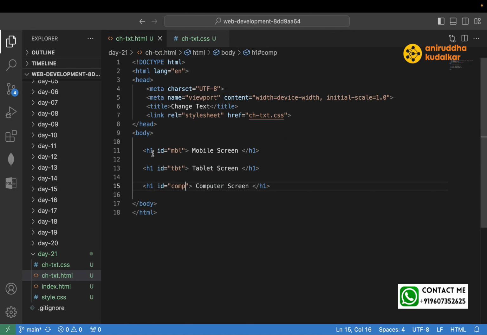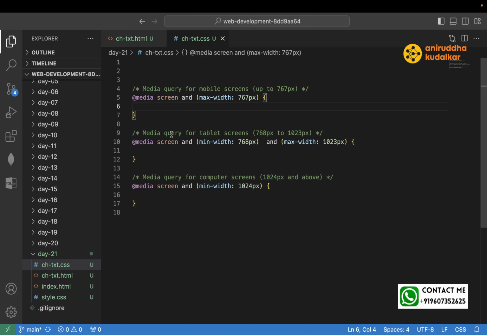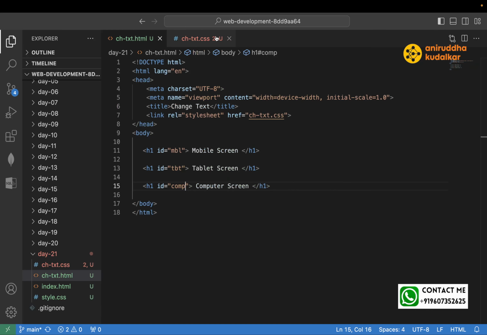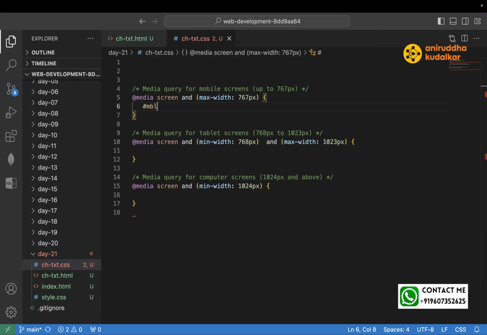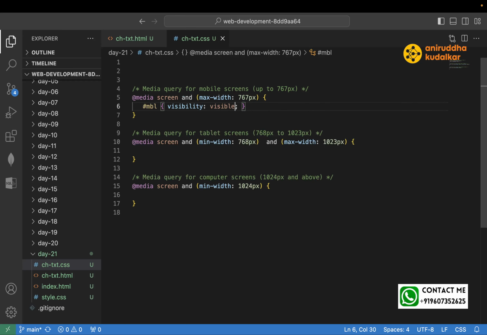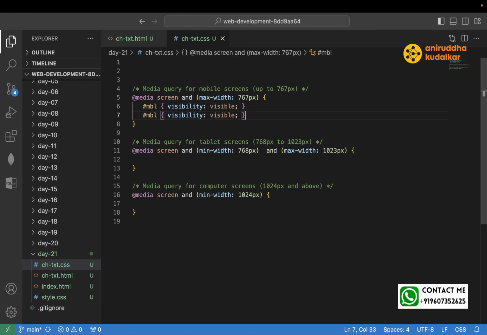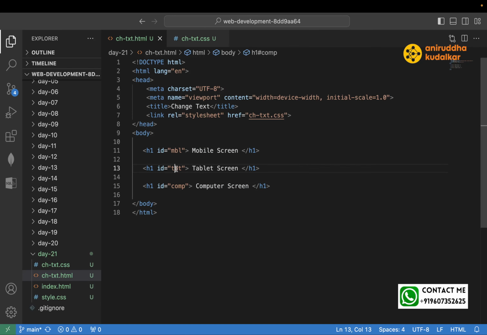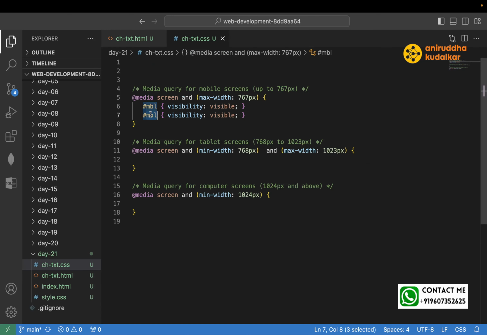So over here we can say hash MBL, hash MBL visibility visible, and other three should be invisible. TBT, COMP, TBT